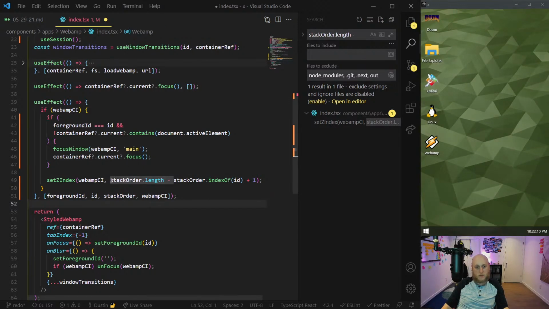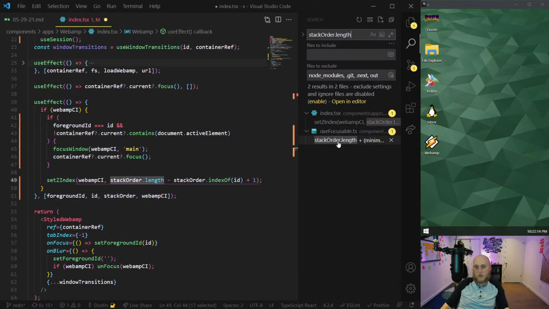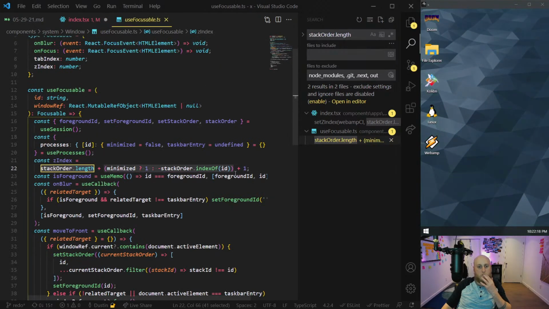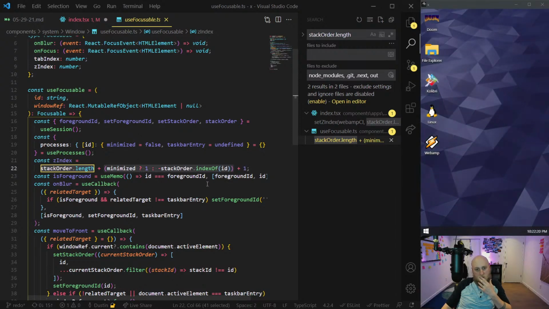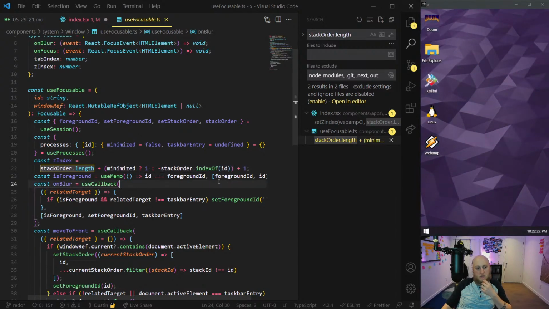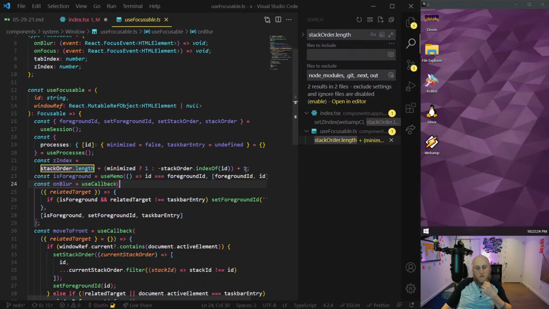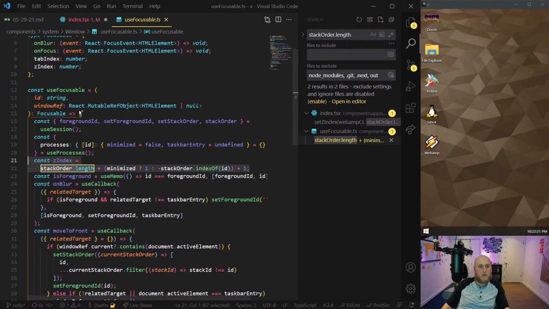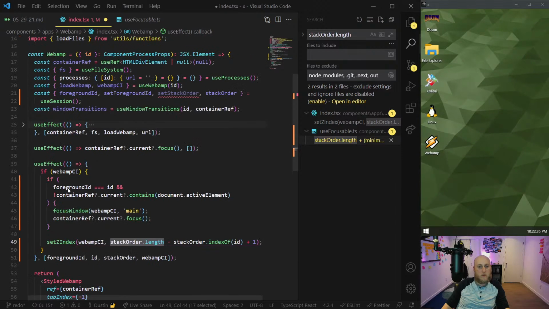I swear I'm using it somewhere else. I think it's probably just worded slightly different. Yeah, here we go. Yes, so when use focusable. Oh yeah, I've changed this part here. Maybe I just need this exact same logic in my minimize problem. Interesting. So I have this here where I define z-index up there. Maybe I should do the same here.